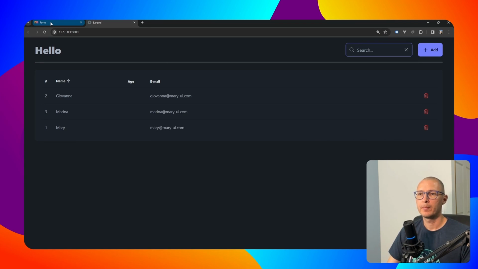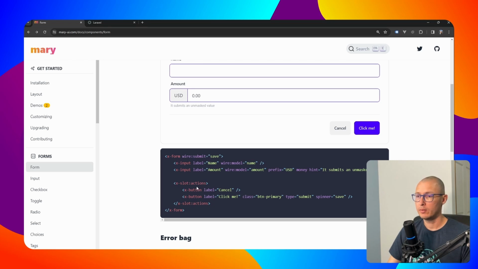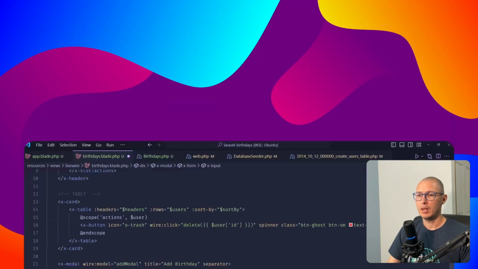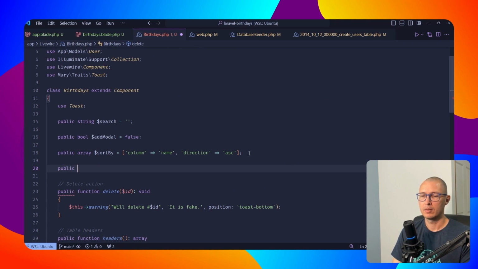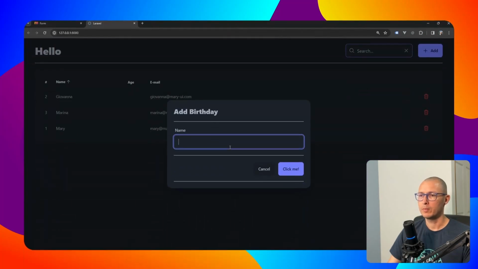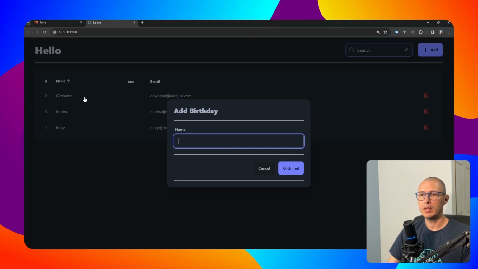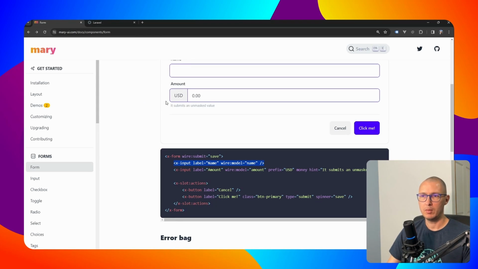Okay. Now we can add our inputs. Let's start with the name. And we're going to need the name property on the component. So let's go ahead and take care of that real quick. Public string name. Okay, cool. Let's, what else do we need? We are going to need email and date of birth. So for the email, we're gonna